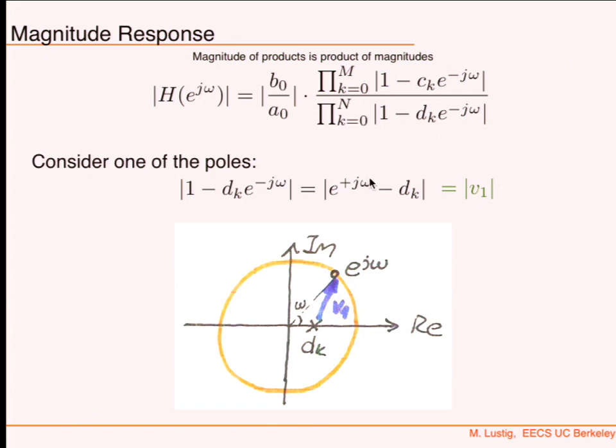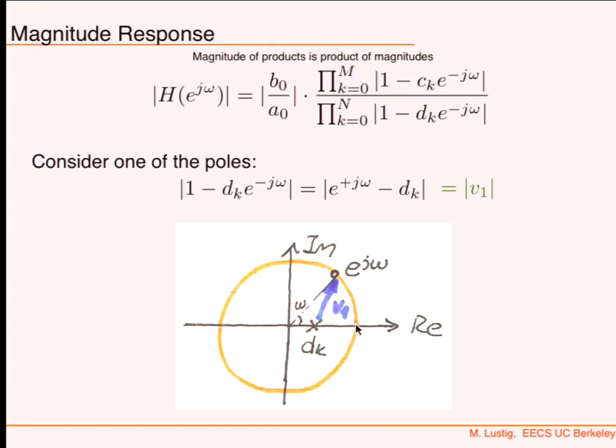So effectively, the magnitude frequency response of a single pole system is determined by the length of the vector from the pole to the unit circle,